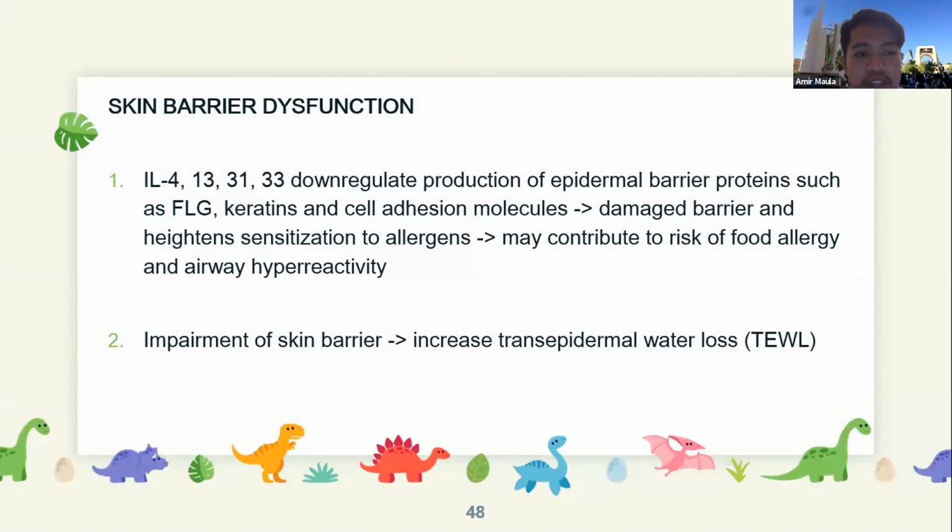And last one, for the skin barrier dysfunction, interleukin 4, 13, 31, and 33 downregulate the production of epidermal barrier proteins such as filaggrin, keratins, and cell adhesion molecules, causing damage to the barrier and also heightening the sensitization to allergens. This sensitization may contribute to the risk of food allergy and airway hyperreactivity, leading to asthma. Besides that, the impairment of the skin barrier also increases transepidermal water loss, which we see later in the symptoms of atopic dermatitis, which is dry skin due to the increased transepidermal water